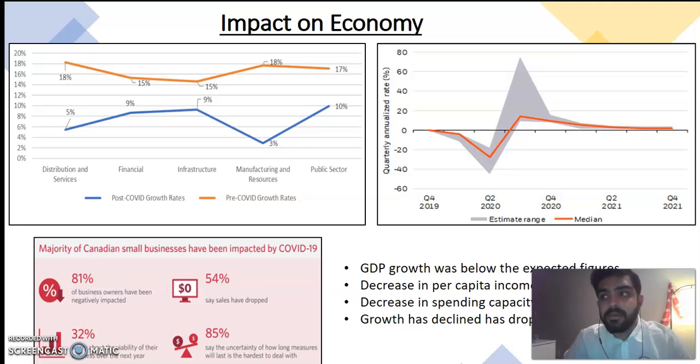Of course, the restrictions and the lockdowns do disbalance the economy. But the question that arises here is, is it more important than health? Could anything be done to benefit the small business holders as well as reduce the impact of COVID, which would be discussed further in the next slide.